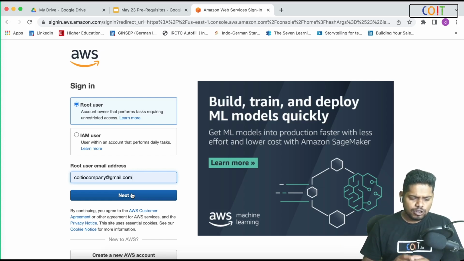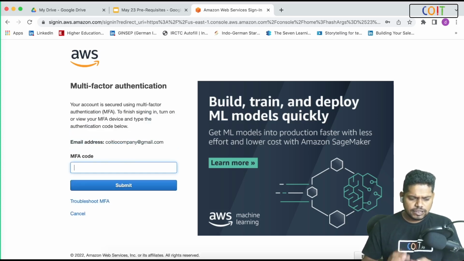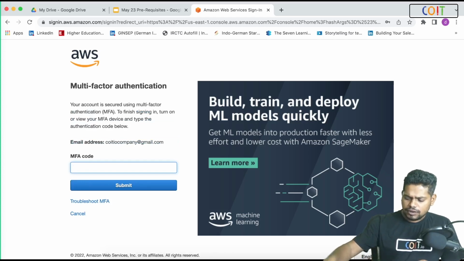So that's a plan. I'm going to log into my AWS account, and inside the AWS cloud, I'm going to create a new Linux machine. And that's the plan for today. And let me log in. And when I log in,